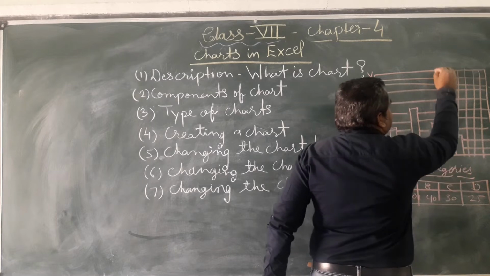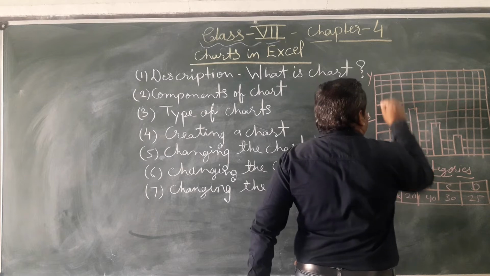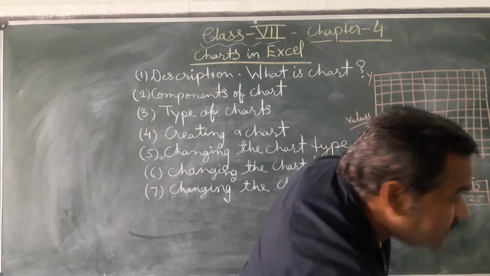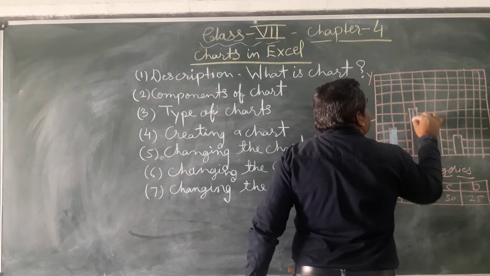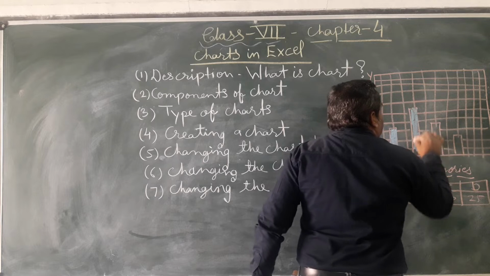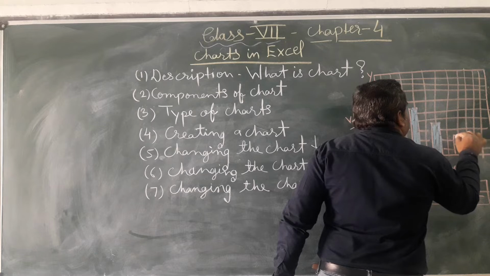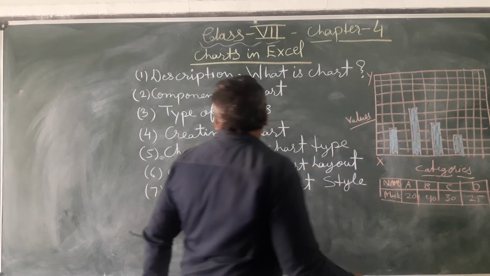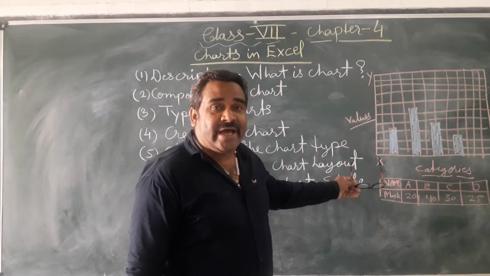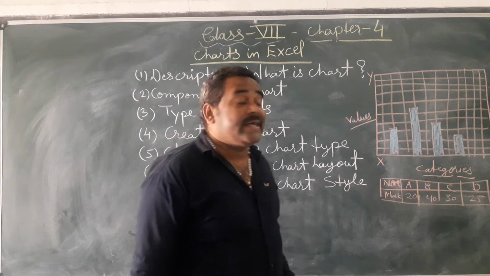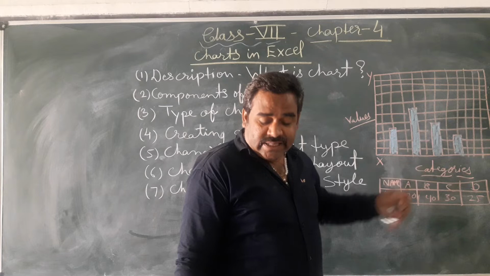So basically this is your chart in your MS Excel sheet. You can also put some different formatting styles using your chart formatting toolbar. So these are the components of your chart, where you have an axis, y and x axis, values and their category. Depending on your values and category, simply your charts will look like that.